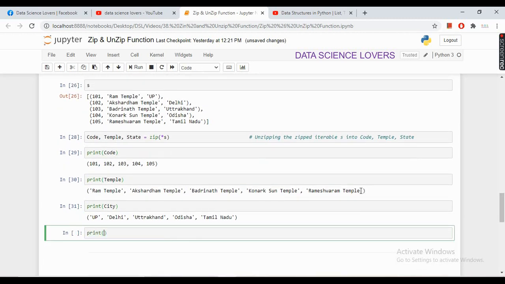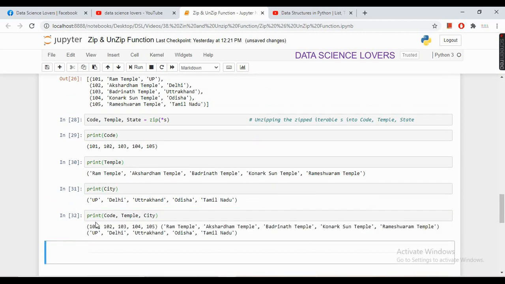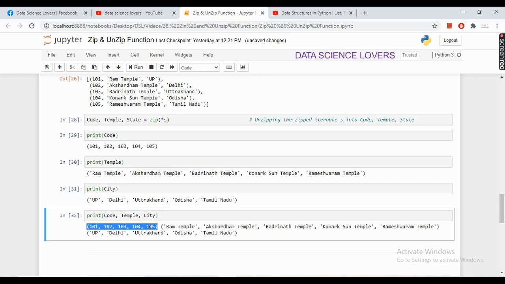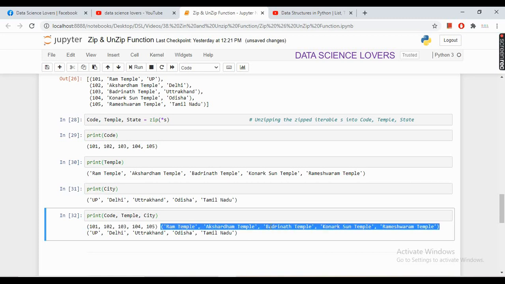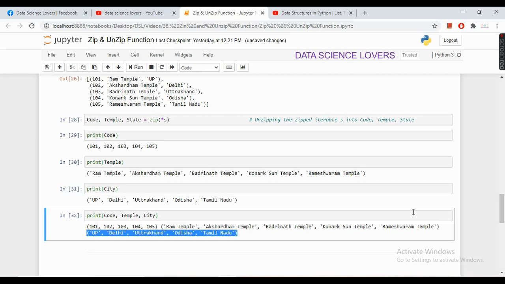We can also print these three iterables together like we print in the above example, like this. So three new tuples are formed. First tuple contains the codes, second tuple contains the temple names, and the third tuple contains the city names.